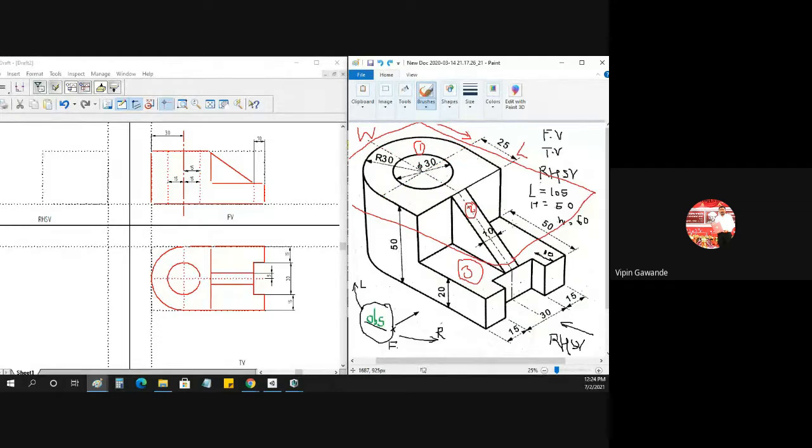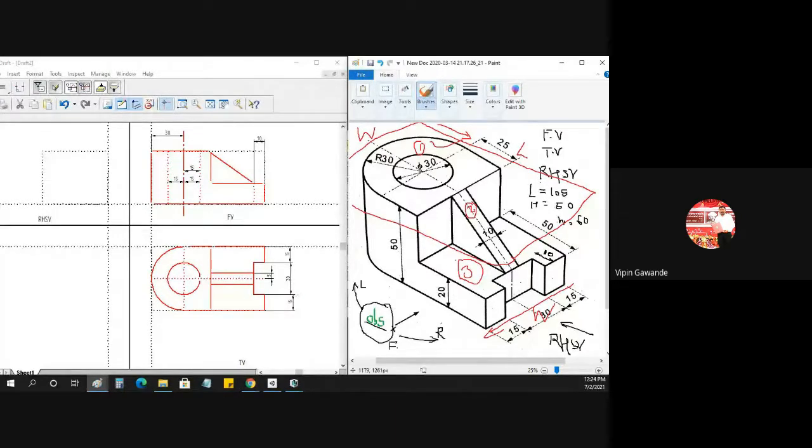See, this is surface 1 with the semicircle and this circle. So this is our surface 1 that is visible in top view. Then the rib is visible, so we have drawn the rib, and then this cutout part. We have made this width dimension. This is very important: this width dimension is vertical in top view. That you have to remember.